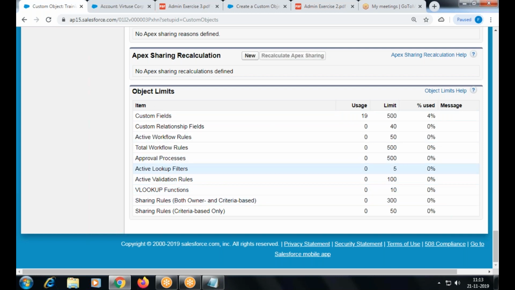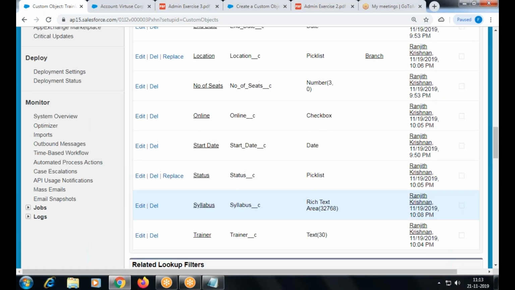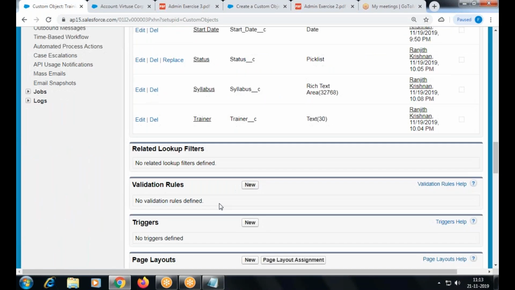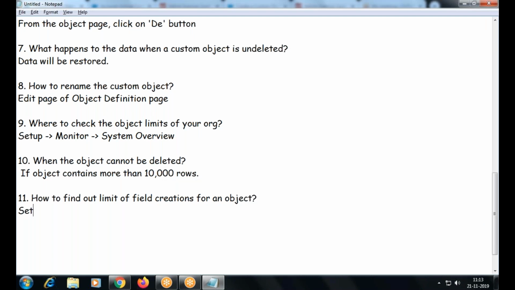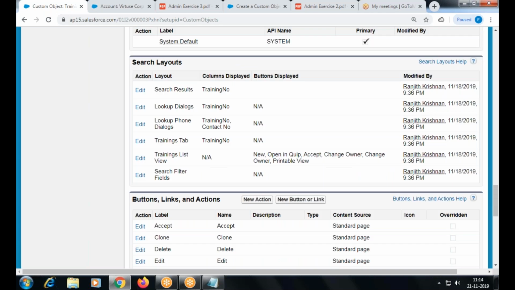These are other properties of the object. It's under Setup, Object Limits.